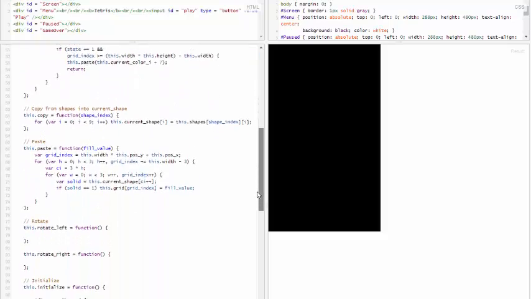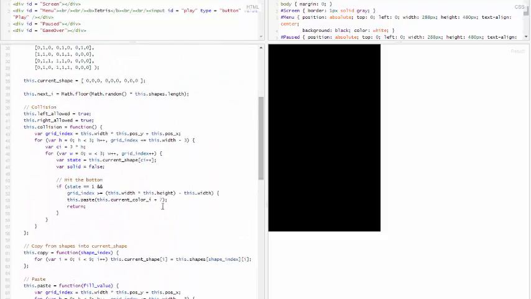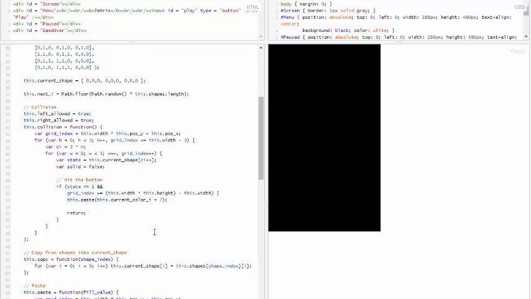So when we add 7, it's going to go to the solid version of that color index, and it's going to paste it as a solid block, whereas previously we were just pasting it into the grid as a transparent block that's not really attached to the cell itself. So let's do that. Return, and they should start. After this, after it's attached to the bottom, we need to reset